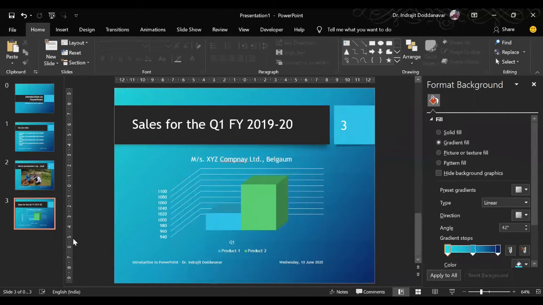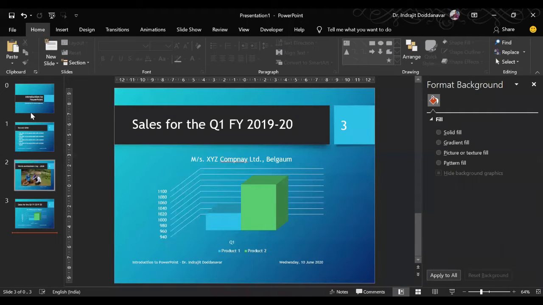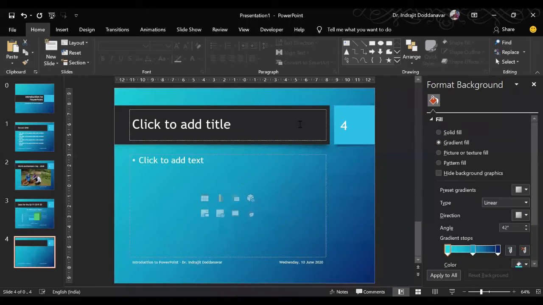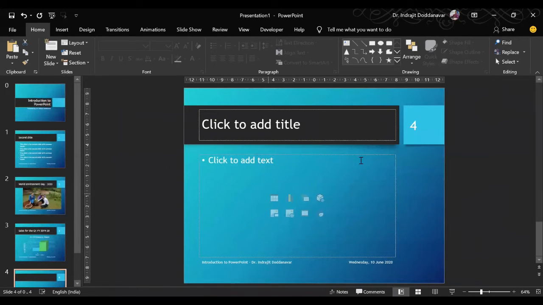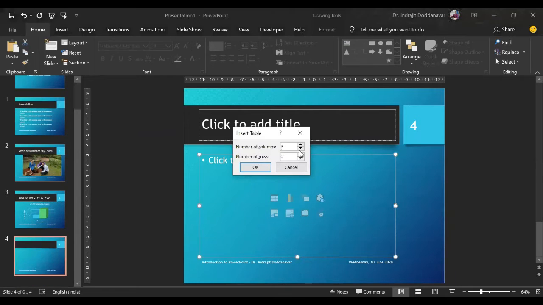Okay. Next, we will go to inserting a table, right? And after inserting a table, what all we can do? So again, come back to the slide navigation. Click at the end. You get a cursor. You press enter, and this is a blank slide you get, and you will have to click the insert table icon. Once you click it, it will ask you how many columns and how many rows you want.